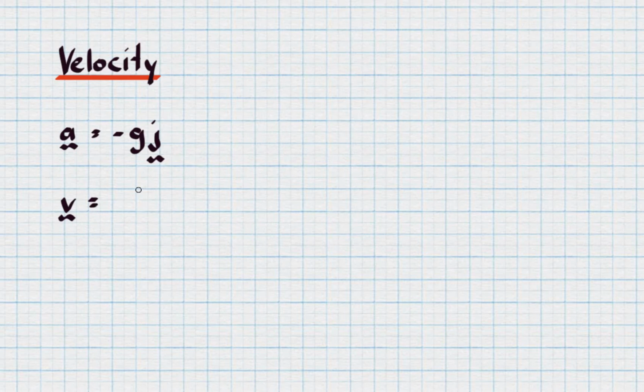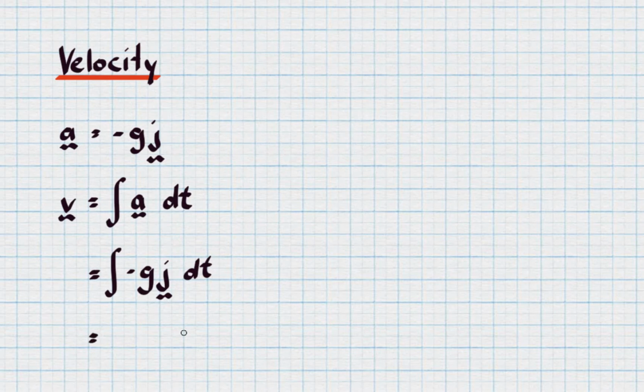So we're going to integrate the acceleration vector with respect to time. And since acceleration is just a constant, this negative g in the j direction, that means when we integrate with respect to t, we're going to get minus gt, and it's still in the vertical component,